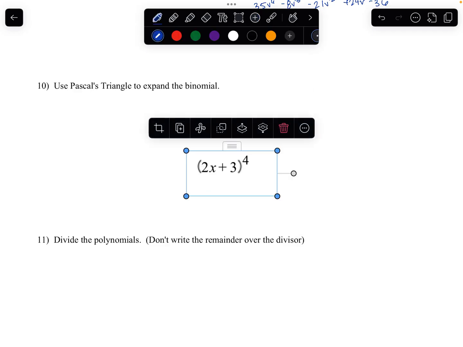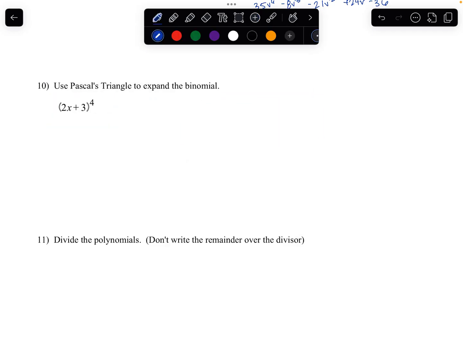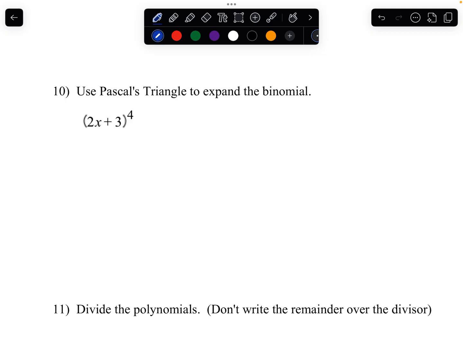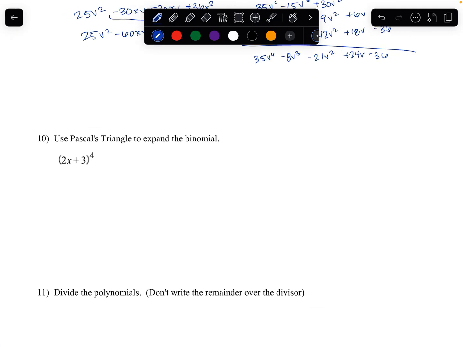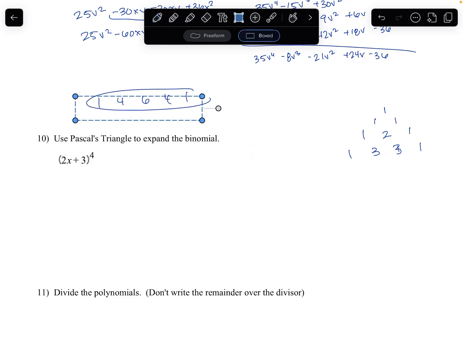So I'll show you what you do here. I don't have it memorized, but I know the patterns. The patterns are really simple. For the 0 degree, that's going to be 1, then 1st degree, 2nd degree, 3rd degree, that's a 3 right there, 4th degree. So those are going to be the coefficients, 0, 1, 2, 3, 4. Okay, so using Pascal's triangle, which I kind of have right here,